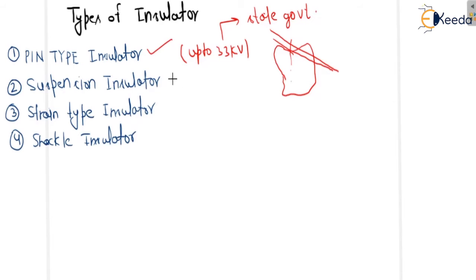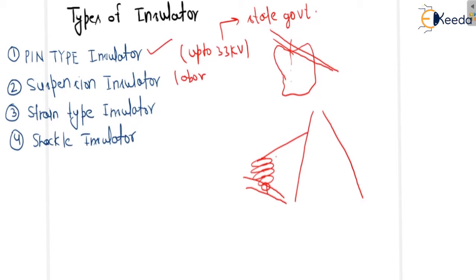Now the second one is suspension insulator. You would have seen, let us assume one tower and through the cross arm the conductor passes, so there would be an insulator. This is a group of discs, and the conductor will pass like this. So this group of insulators is called a suspension insulator. Basically, suspension insulator is used above 11 kV, and for any voltage this suspension insulator will definitely be present there.